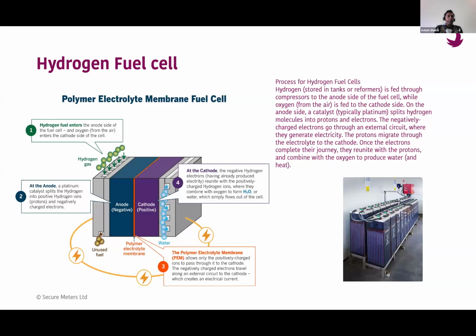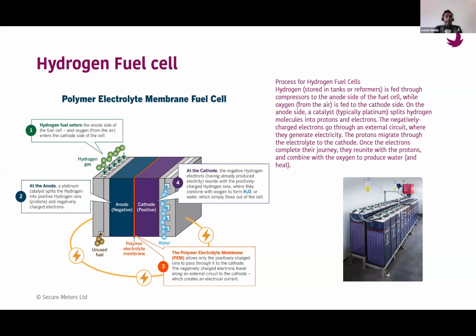So as I was telling you, it's very simple to explain how this works. Basically, let's say this middle picture is your battery. So you have an anode and a cathode. On one side, through the compressor, you introduce the hydrogen gas, and then you have an electrolyte which will break this hydrogen again into ions, positive and negative.